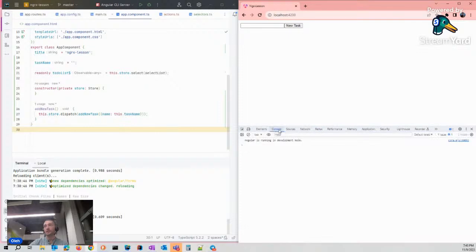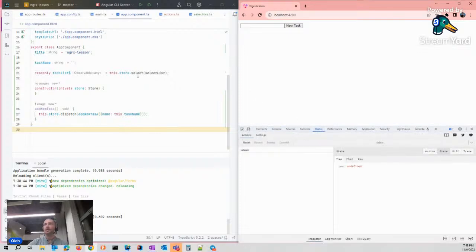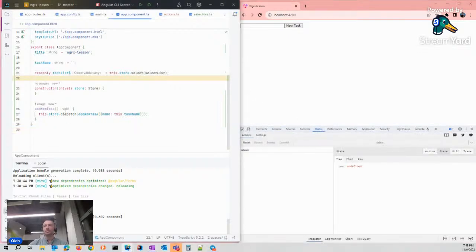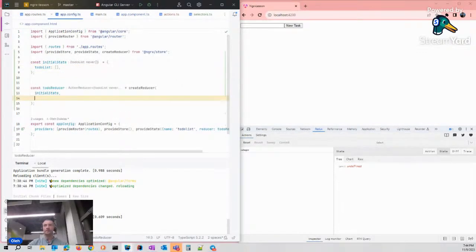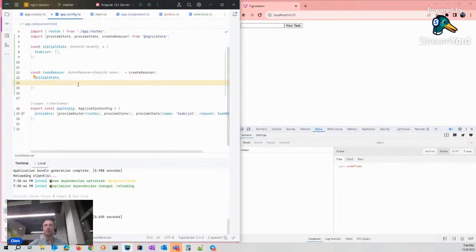There is no error, that's okay. That's good. The next step, we dispatch this action. Now we have to catch this action, handle it, and do something. This action implies that we have to add a new task in our list. Let's return back to our reducer. And now we can add here a new handler.